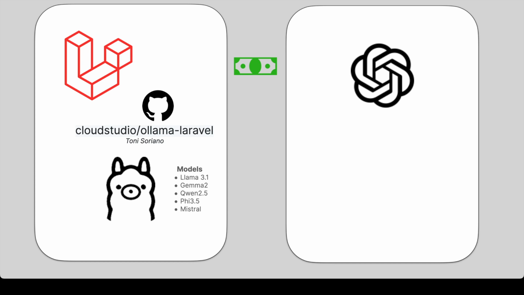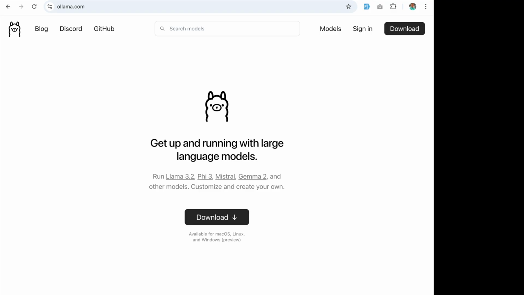Once you get this up and running, you can now start learning about the AI interface, how to use these models, and integrate them into your Laravel applications. And again, at this point, it's free. So let's go build out a Laravel app and connect.